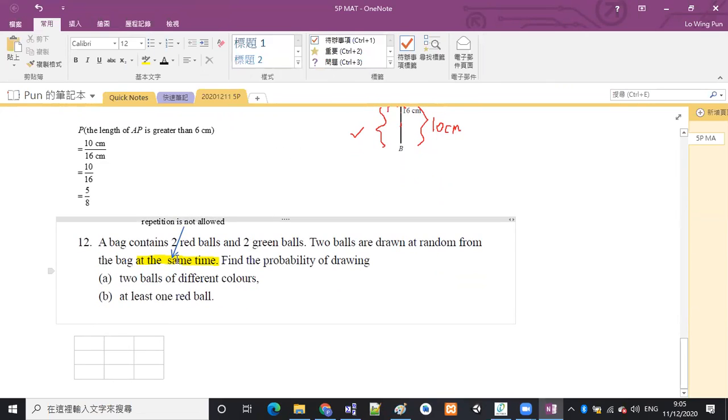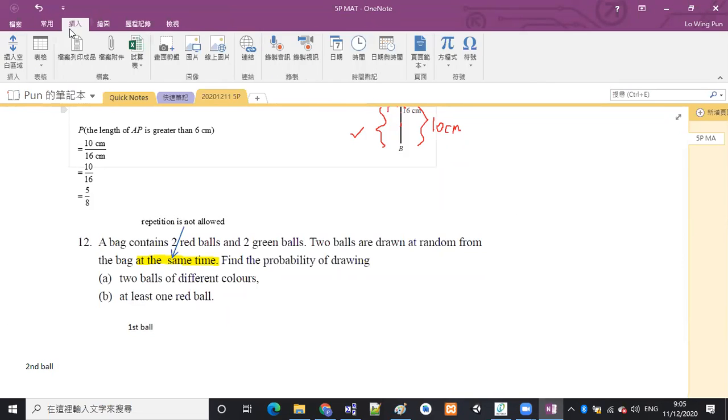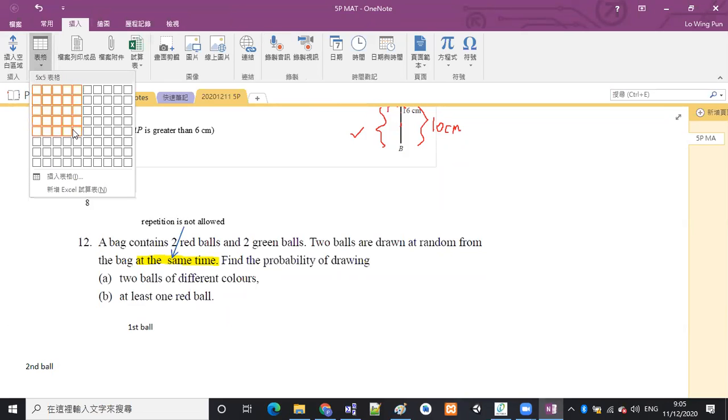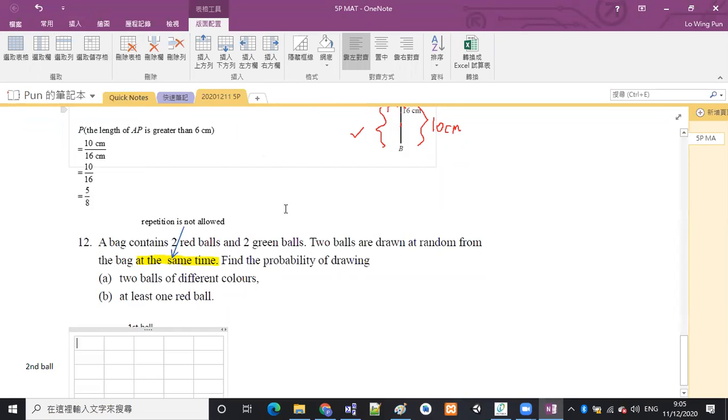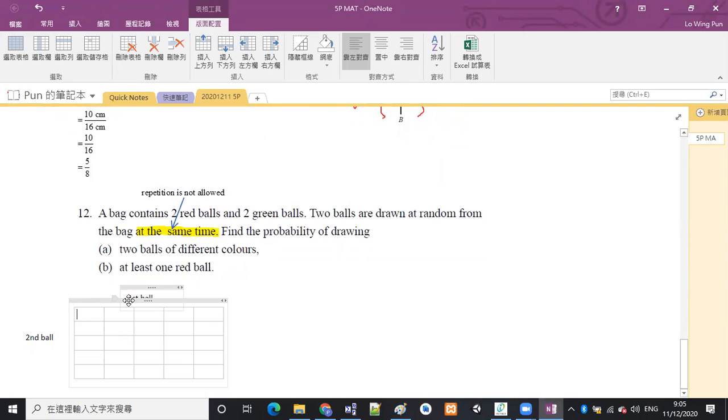This is the first ball, and then this will be the second ball. So what can be the first? Sorry, there are more than that, wait. There are so many, why? Because for the first ball,